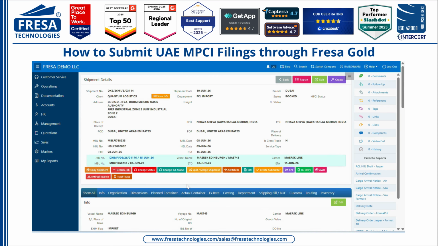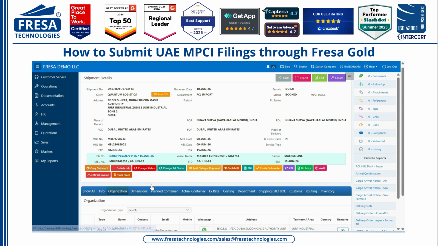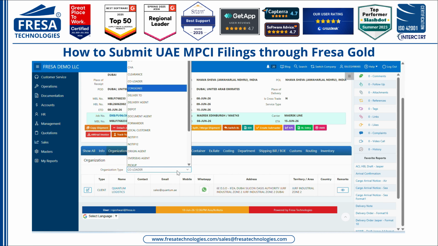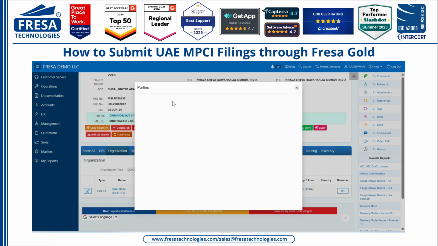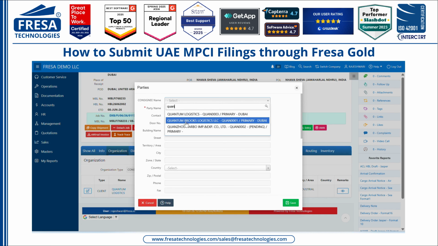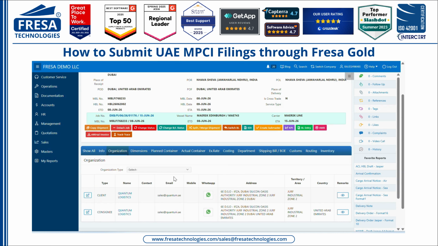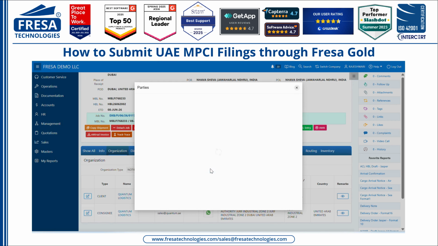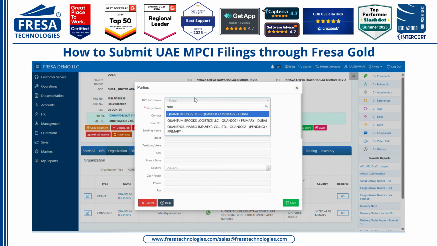Next, move to the Organization tab and add the required parties, including the consignee, notify party, and shipper. To add the consignee, select Organization type as consignee, click Add Organization, search for the required party, and save the record. Similarly, add the notify party by selecting Organization type as notify party, searching for the respective party, and saving